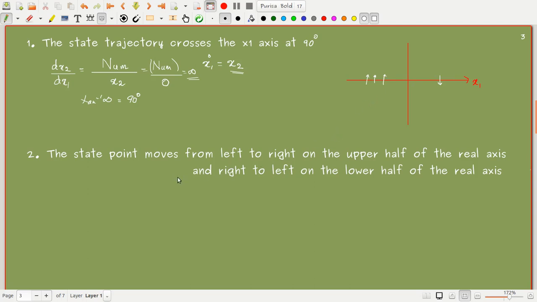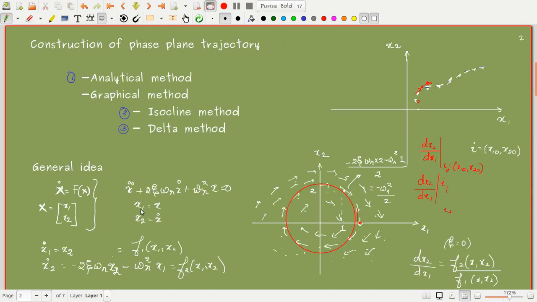Another important point about the phase trajectories is that the state point moves from left to right on the upper half of the real axis and from right to left on the lower half of the real axis. So I will explain it. We have the state equation. This equation, x1 dot is equal to x2, is important. So we will consider this equation alone. Whichever system we are considering, we usually try to represent it in this form. So for all the systems where we represent it in this form,